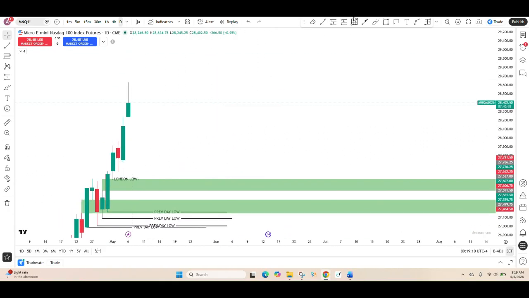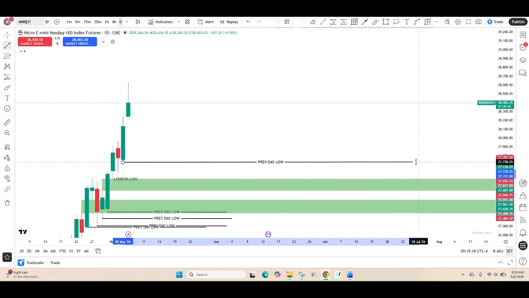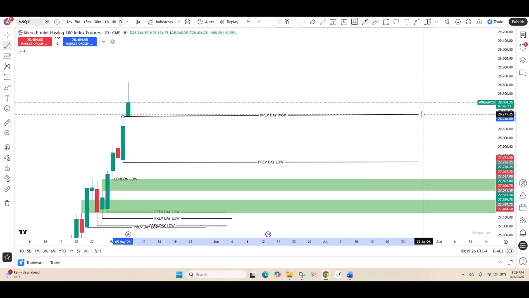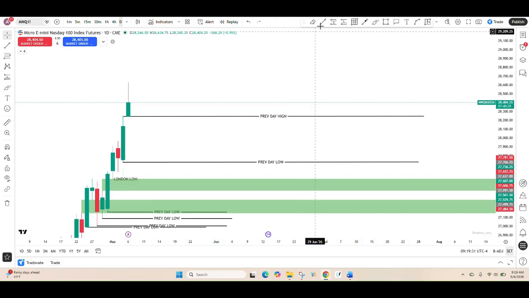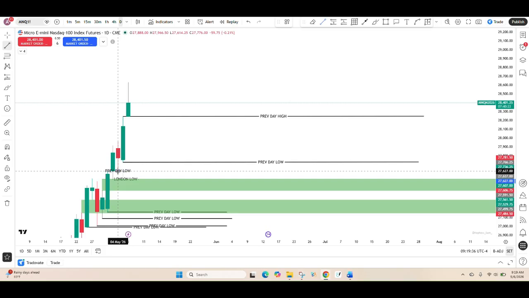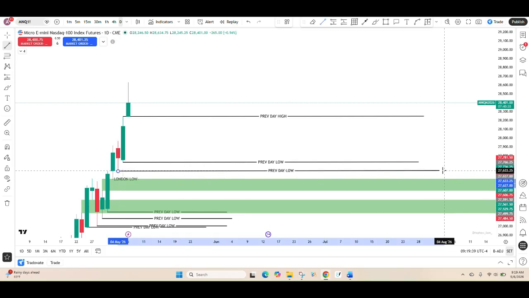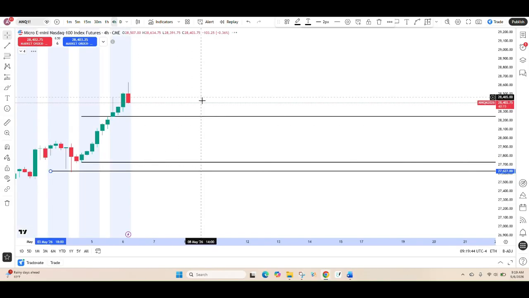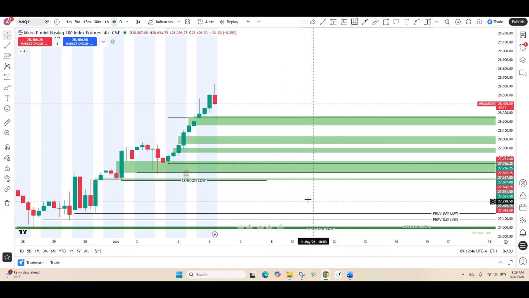Our previous lows, we can mark out yesterday's previous day high and low. So the low will go right here. And yesterday's high, we can also mark out right there. Okay, and the day before that, because remember yesterday I was trading from my phone, so I didn't mark out any levels. So we can also mark out that day's low because it didn't get touched. However, the high did.